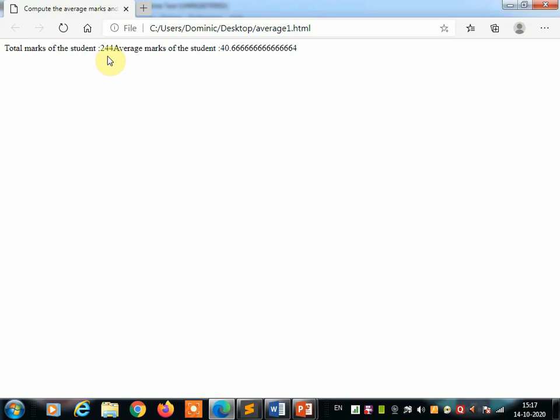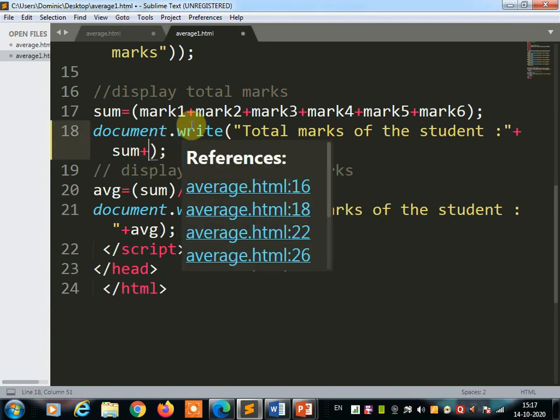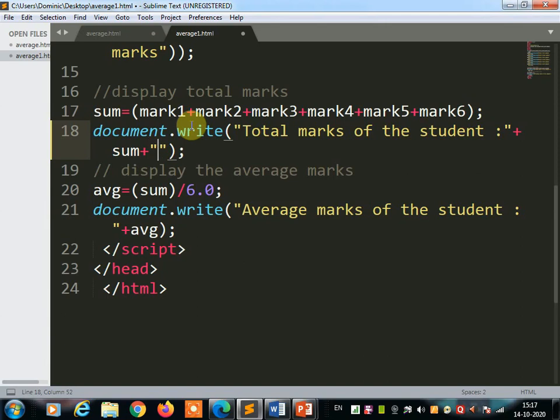So if you want to display these marks one below the other, then you have to make some changes inside here. So where you are going to make changes, where the sum is displayed, so here you can write plus, and in double inverted commas you can use the br tag. Here you can use the br tag. The same way you can use it here in the average also.